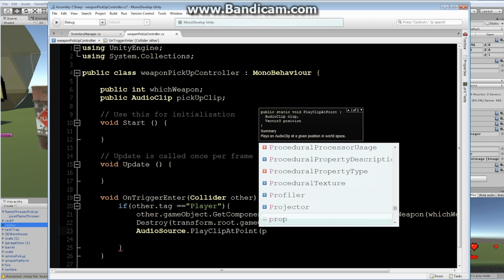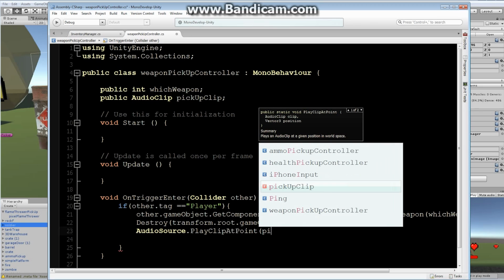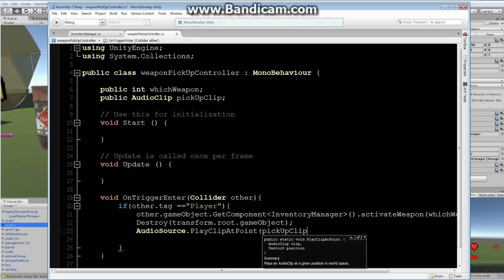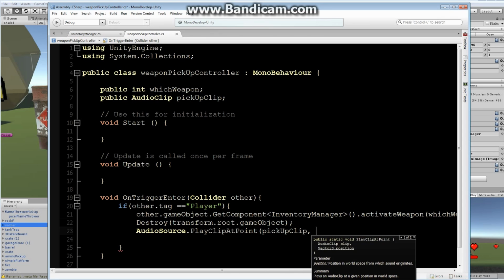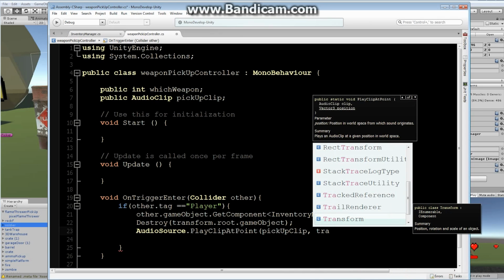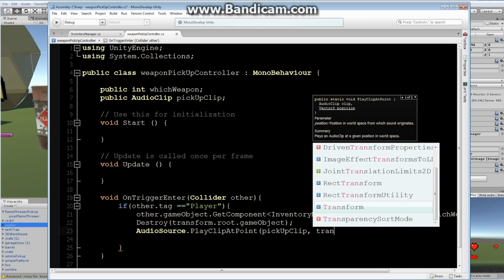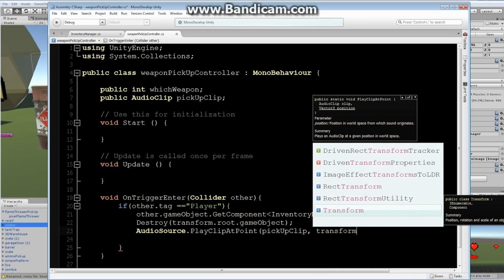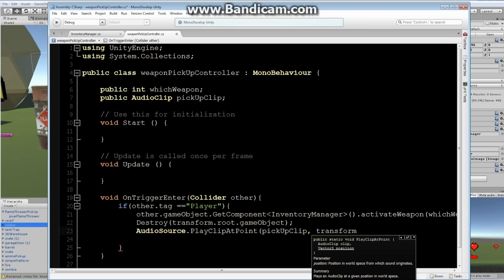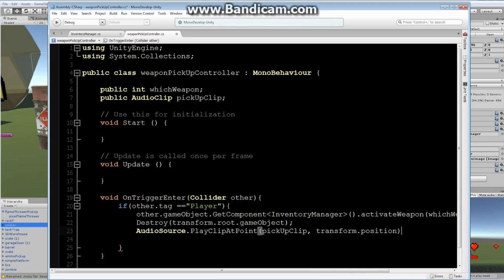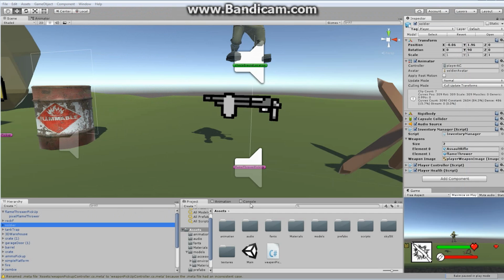Okay, so we're going to play our pickup clip, and we're going to play it where? At our transform.position. That's where we want to play it. All right, so let me get rid of this extra line in here. Let me file, save this. Now, if we've done this right, when we take a look at our actual flamethrower pickup,